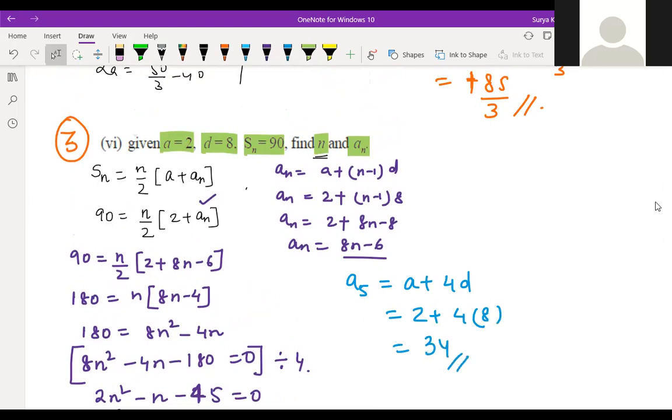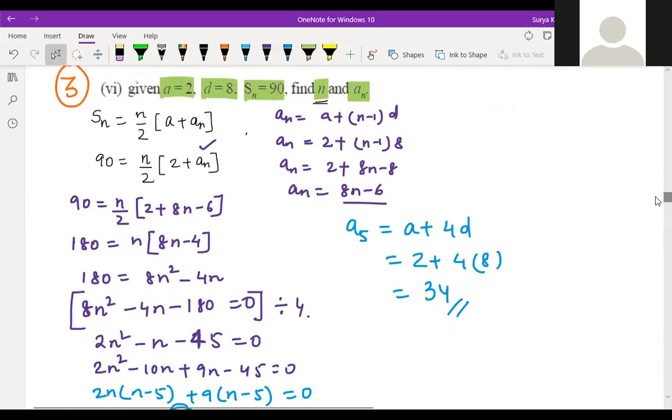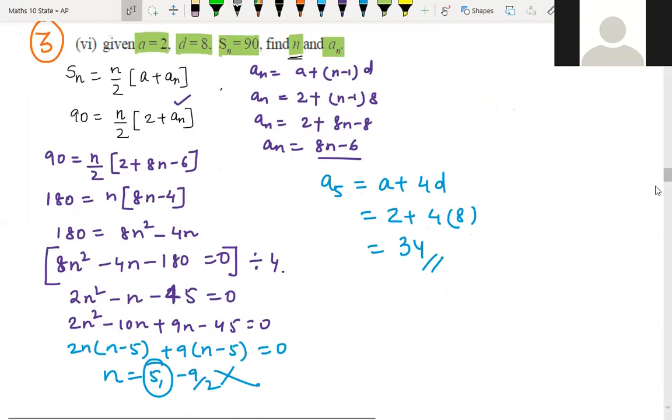So children, just to check, if you're having doubt, you ask me. You can do it in various methods, not a problem. Understood, children? There's not only one method. You can do it in many ways. Okay.